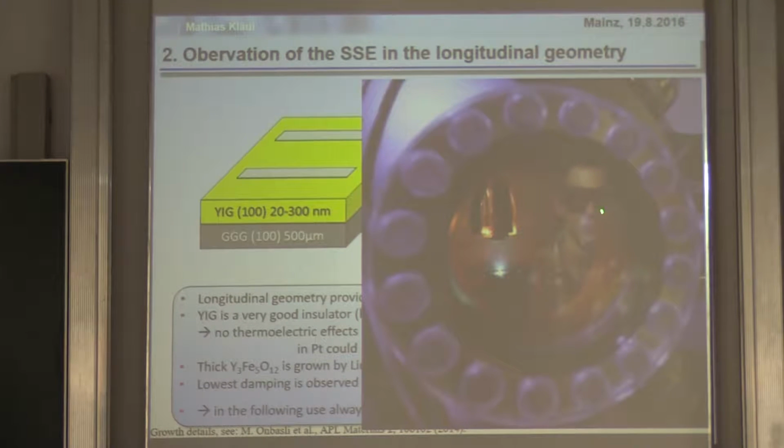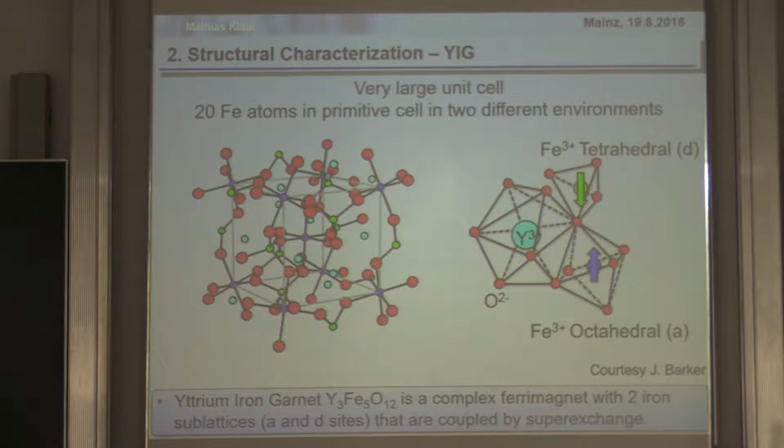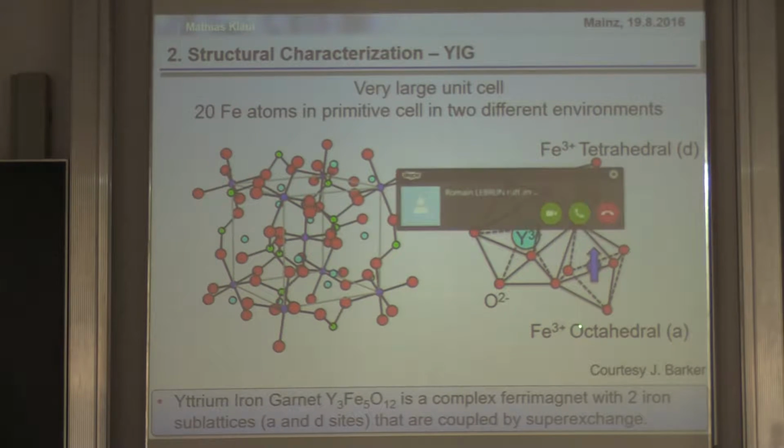And this is a happy student that sees that his sample is being deposited by PLD. So this is really the work that you have to do. You have to deposit these samples in the UHV PLD chambers. And this is YIG. So Garrett might have shown you that YIG is a monster. It has a very complex unit cell, and it has two ion sublattices, which are octahedrally